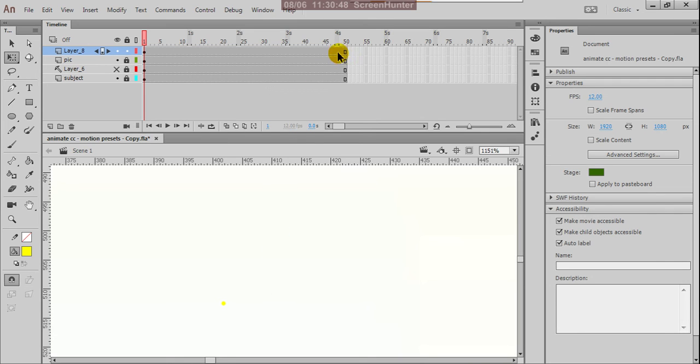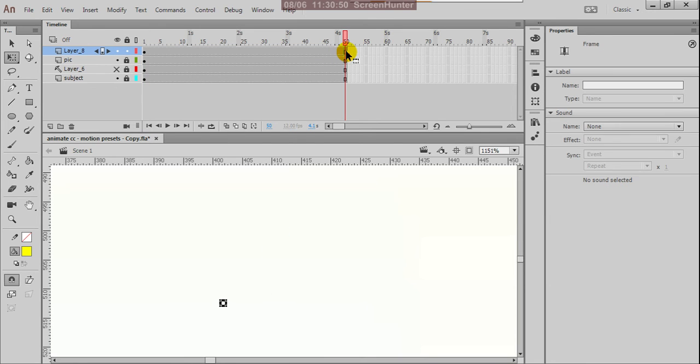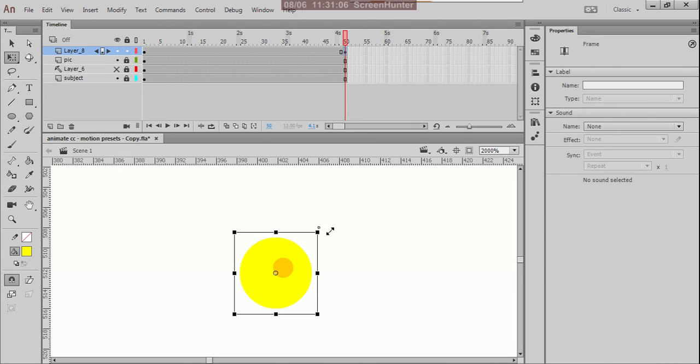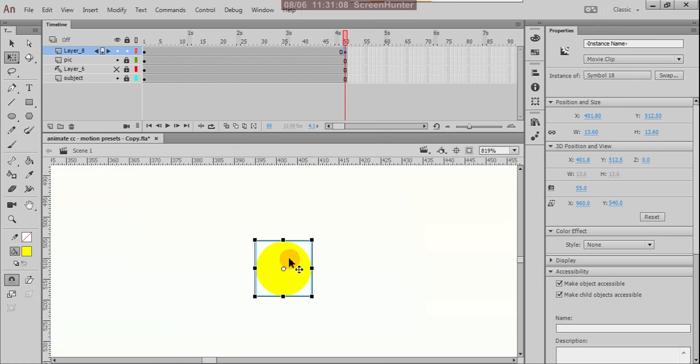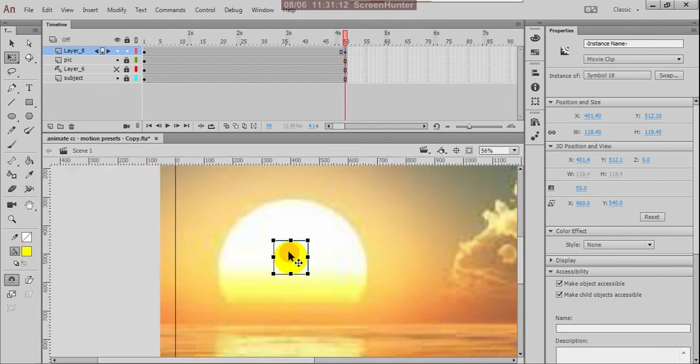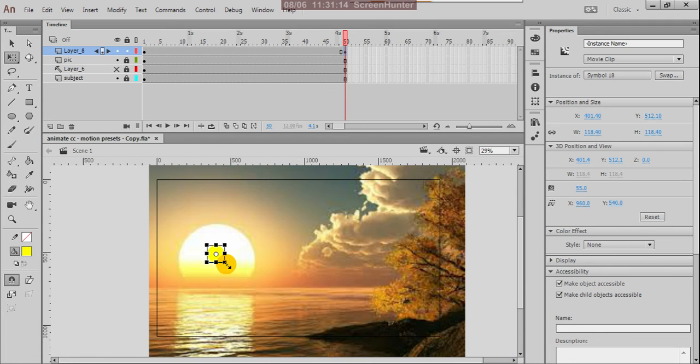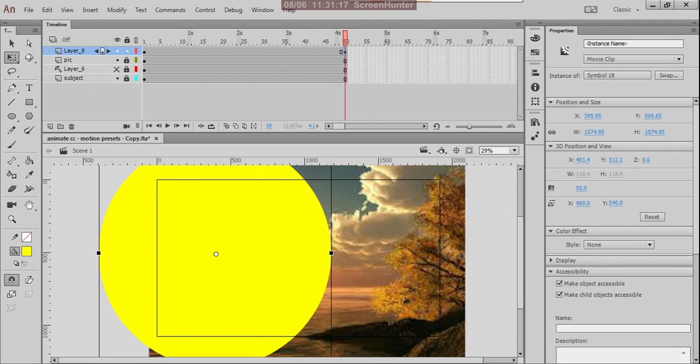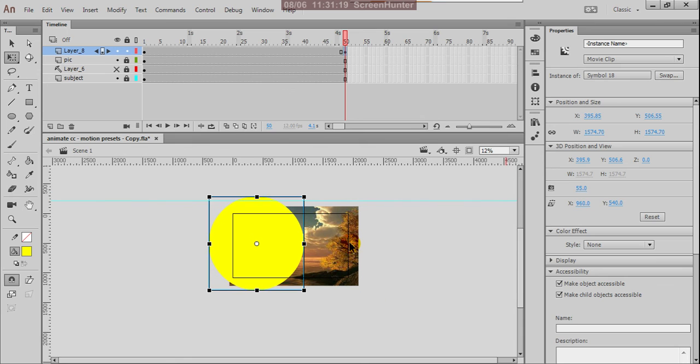Okay, and now on this side, the opposite direction, right click and insert keyframe. So then you can extend this to a big size. So it can be more big size.